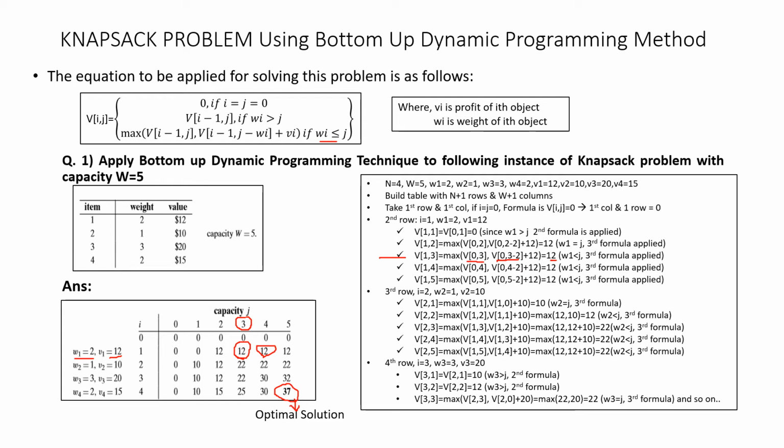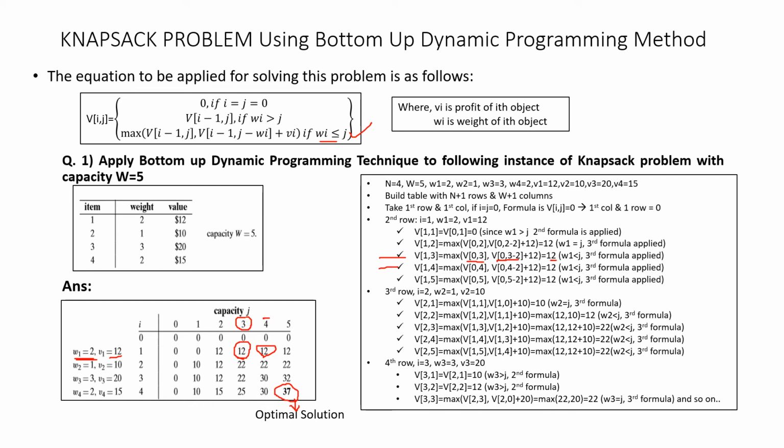So again if you please observe here, j value is 4. Right? J value is 4 and 2. What happens? 2 is less than 4, which means again you apply this third formula. So now I is 1 and j is 4. So now what will be this formula? I am calculating this one. V of 1 comma 4, I is 1, j is 4. I hope you are following.